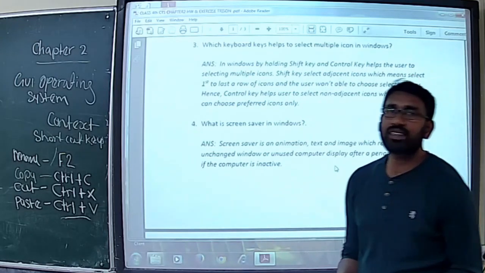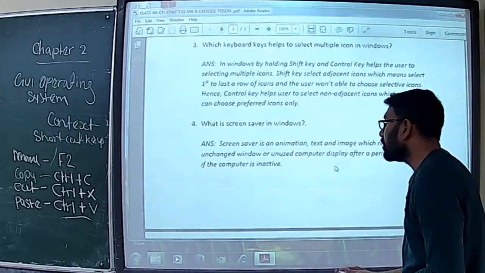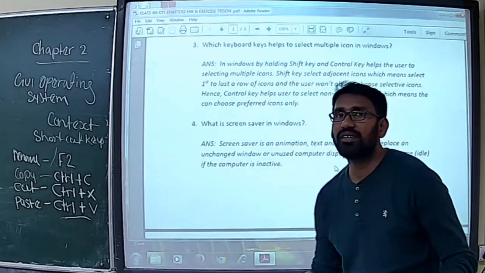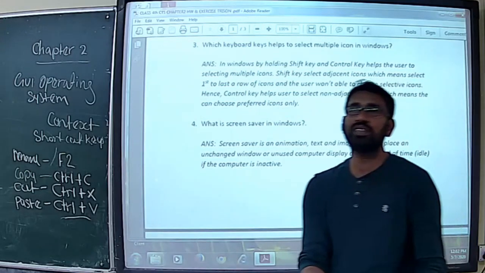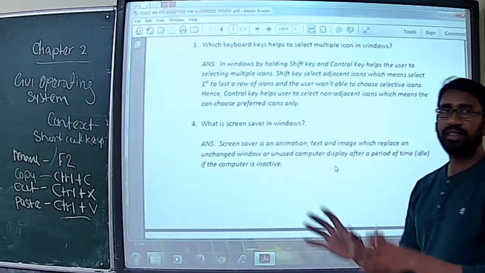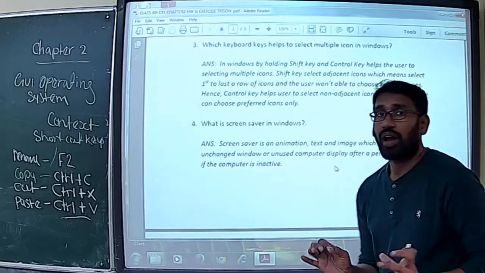That is called a screensaver. So a screensaver is animation, text and image which replace an unchanged window or unused computer display after a period of time. That period of time we call idle time. If the computer is inactive, meaning we are not using it, or the user is not at the desk, that time the screensaver shows. Last class we discussed it. I hope you understand.